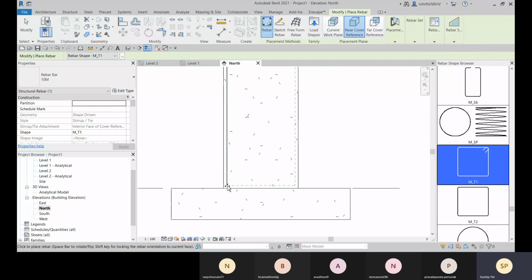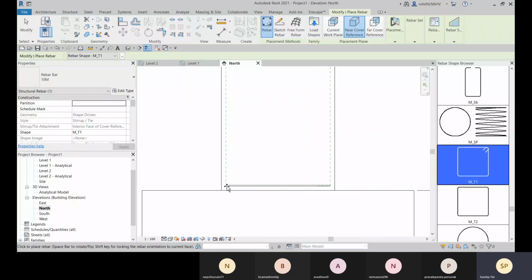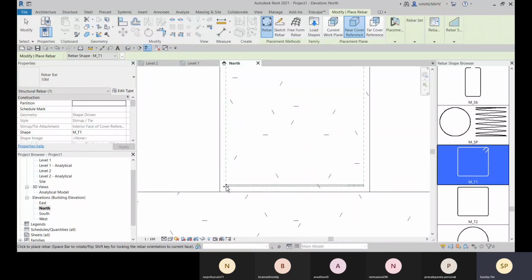It will snap till the last end of your cover. Here you can see, when you are placing your mouse on this vertical side of your cover, you are getting it placed horizontally, that is perpendicular with the cover plane. It will snap till the end, and out of this cover you cannot place it, so you don't have to worry about placing outside of it. You can place it like this and it will snap till the end.